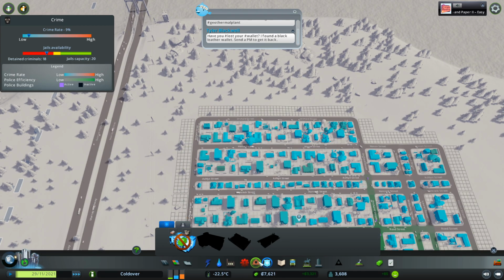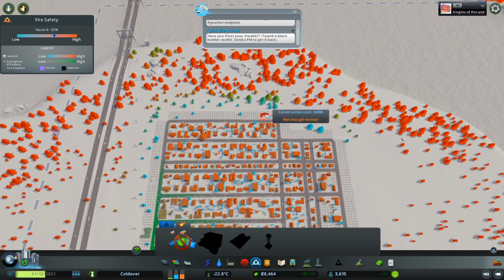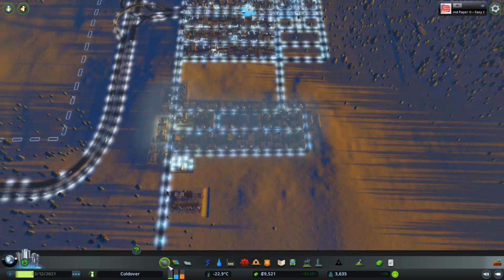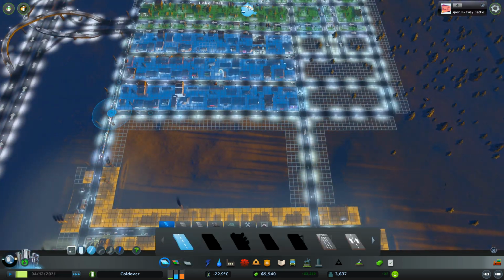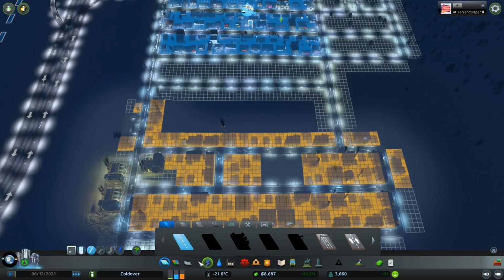Yeah, actually this is police. What am I talking about? This is fire. We could definitely use another fire station up in this region over here. But again, those are expensive. So for right now, let's just go ahead and bring this road over, because we need a little bit more